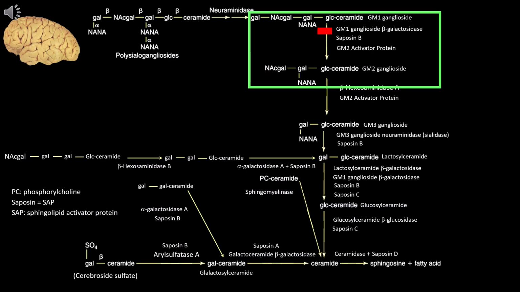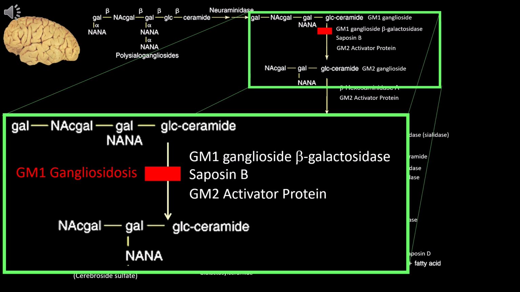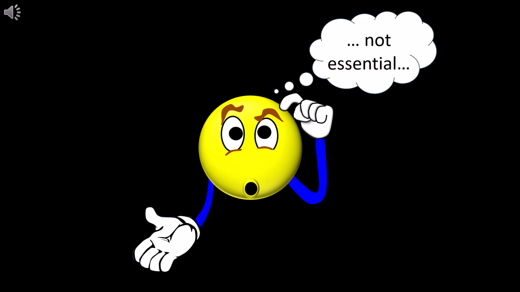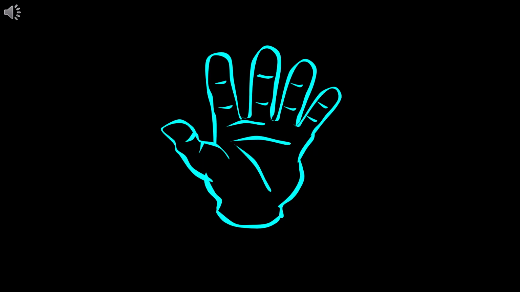Footnote: looking at the elements inside the green rectangle, now enlarged, it is hard to understand why neither saposin B nor GM2 activator protein deficiencies produce GM1 gangliosidosis, but I have not been able to find any such case report. Hence, I surmise that these activators help but are not essential for the conversion of GM1 to GM2. End of footnote. The next sphingolipidosis we will address is